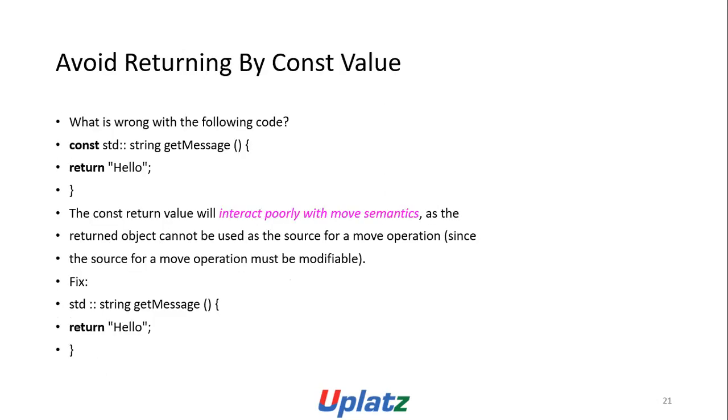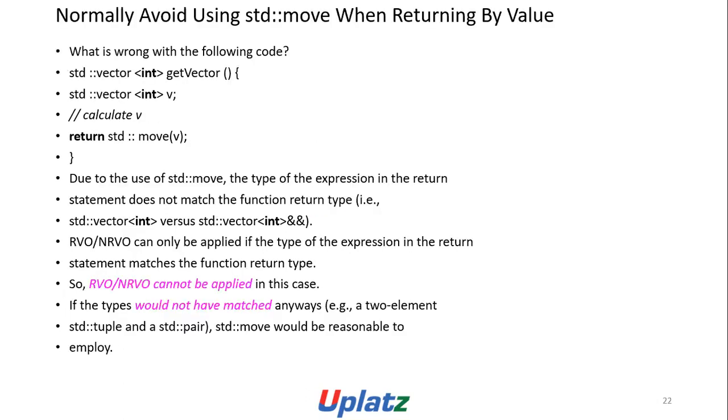Avoid returning by const value. What is wrong with the following code? const std::string getMessage() { return "hello"; } The const return value will interact poorly with move semantics, as the returned object cannot be used as a source for a move operation, since the source of a move operation must be modifiable. Fix: std::string getMessage() { return "hello"; }